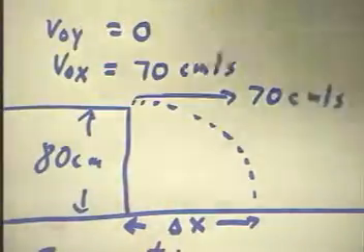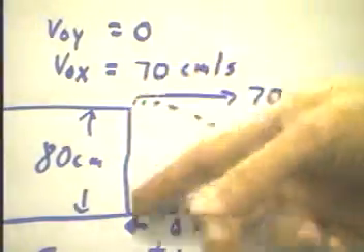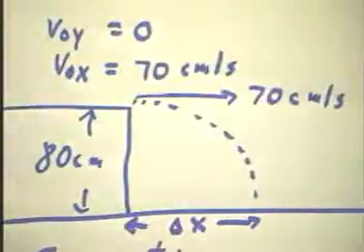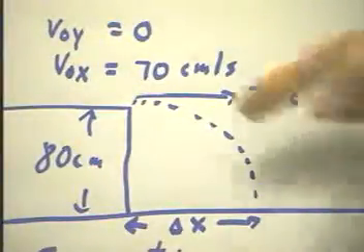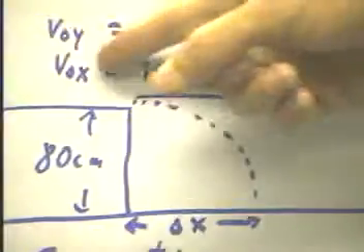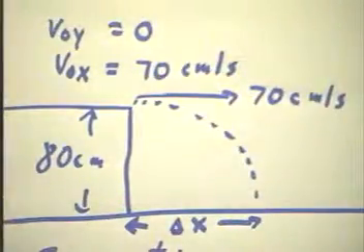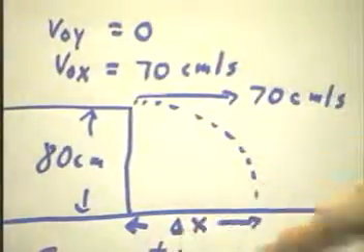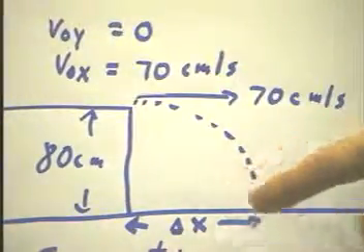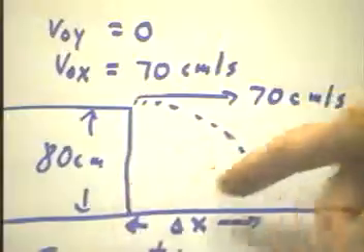We begin with the following situation. We have an 80 centimeter high table. We have an object going off the edge of the table at 70 centimeters per second in the horizontal direction. And we're going to find the displacement delta x corresponding to this situation, the displacement delta x along the level